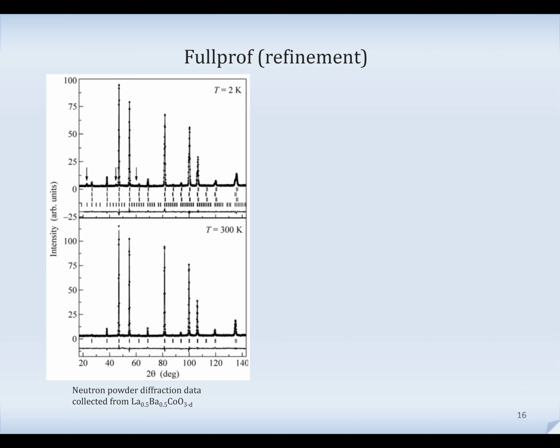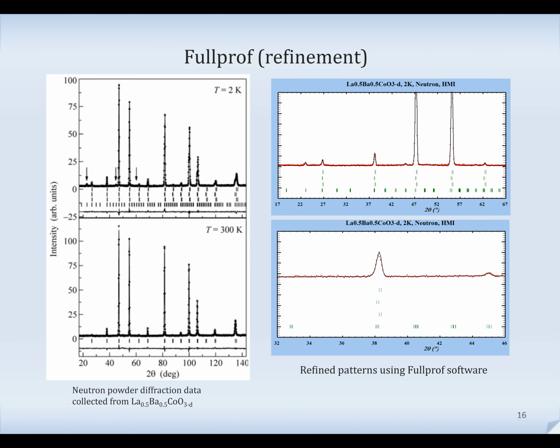Fortunately, the crystal structure remains the same. It's very important. So the only difference is the contribution from magnetic scattering on the diffraction pattern. On the enlarged part, you can see this magnetic reflection. Here you can see red dots, the experimental data, the solid black line, the simulated pattern, the green ticks, the Bragg positions,